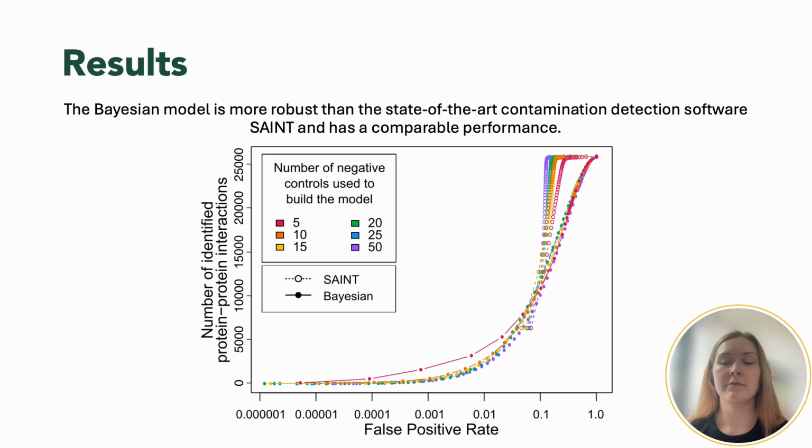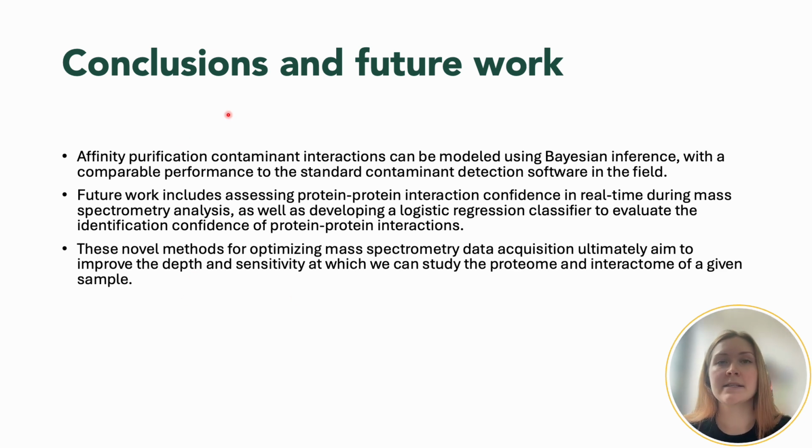So it's very exciting for us to see that our Bayesian model has a comparable performance to the current gold standard in the field, because while SAINT is the leading tool, it cannot be used for real-time analyses. So this really gives us good confidence in the Bayesian model as a candidate to proceed further with and integrate into real-time analysis. As such, my next steps are to use this model in real-time simulations and on a mass spectrometer to guide data acquisition. But so far, we've really shown that with our algorithm, we have the capability to detect contaminant protein-protein interactions in real time, which is really unprecedented in the field.